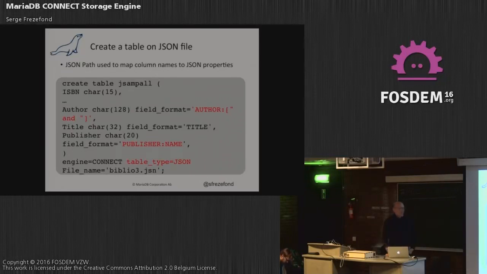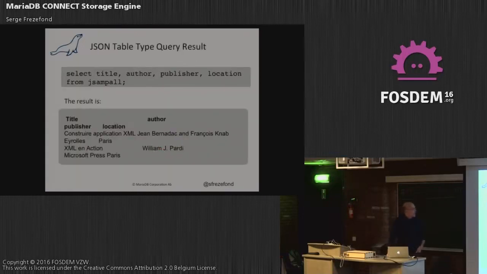What is very specific is that Connect is really targeted, it's not an OLTP storage engine, it's more targeted for BI, I should say, for reading data. So there are a set of functions related to aggregating, grouping, and so on. So for example, here, when we say author, it's an author bracket and it will simply take the list of authors, which are in fact in an array, and concatenate them as if it was a single column. So basically, if you look at the result,